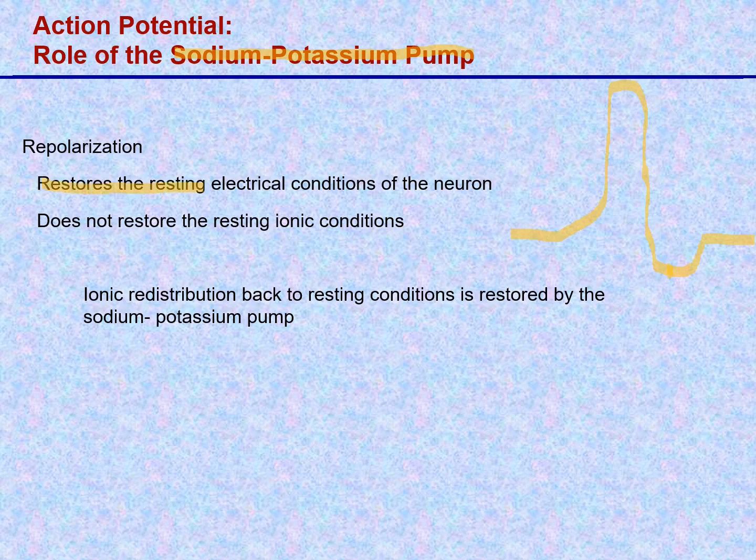So it restores the resting electrical conditions of the neuron. That repolarization, even the hyperpolarization, all that gets corrected. The imbalance that results from all the events that I talked about will get restored by the action of the sodium-potassium pump so that it goes back to this resting membrane potential of approximately